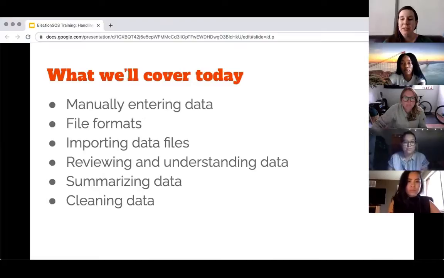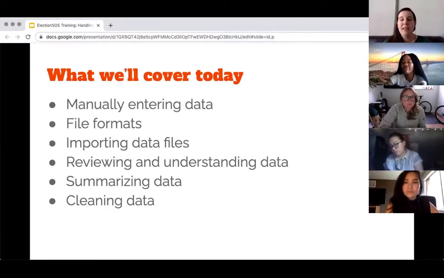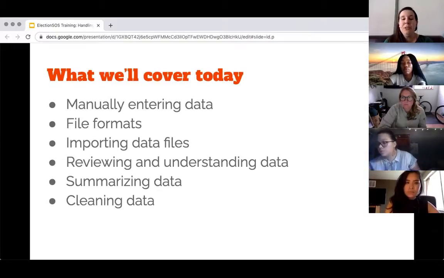But then we're also going to talk about different file formats for data. We're going to talk about what different formats look like, what they mean, how to pronounce them, and then how to import different file formats into, say, Excel or into Sheets. We're going to go over some of the questions that you can ask yourself when you get access to data and you're trying to figure out what it means. And then I'll show you a couple of tools that you can use to summarize data